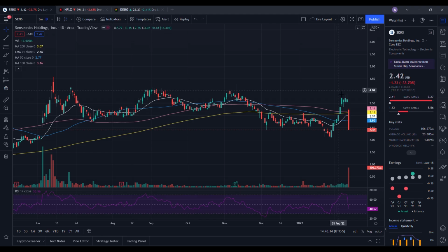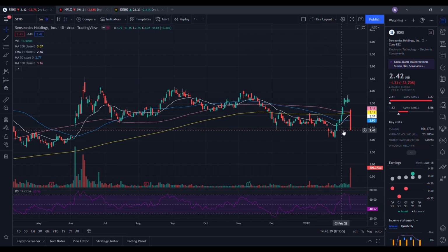When we take a look at our chart, which is a daily chart, we can see from the RSI down below, it was at 40.57. And then when we take a look at our moving averages here on the chart, we are below the 100-day, the 200-day, the 21-day EMA, and as well as the 50-day. So you can see we experienced a strong sell-off that happened in the pre-market, and then as far as going into the open and closing at 2.42, which is an area of support that we've shown to have in the